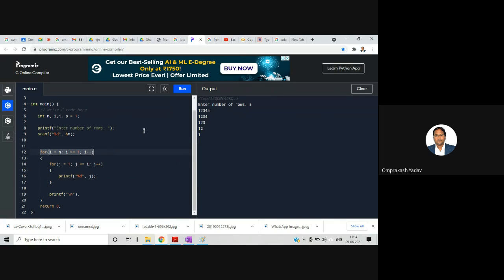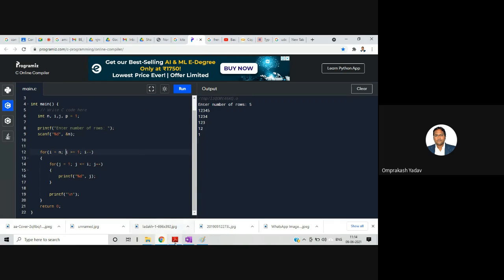Okay. And we will get all the different types of patterns of the first. So all the mirror images of the first type we will get if we simply reverse this for loop. So remember, for the straight triangle, we will write the I loop from I equal to 1. For the reverse triangle, we will write the I loop from I equal to n, I greater than equal to 1, I minus minus. So only this particular change we will be going to do.